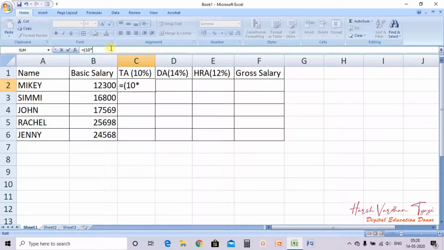So we will not write the value, we will write the reference, that is B2, and then divide by 100. Clear?